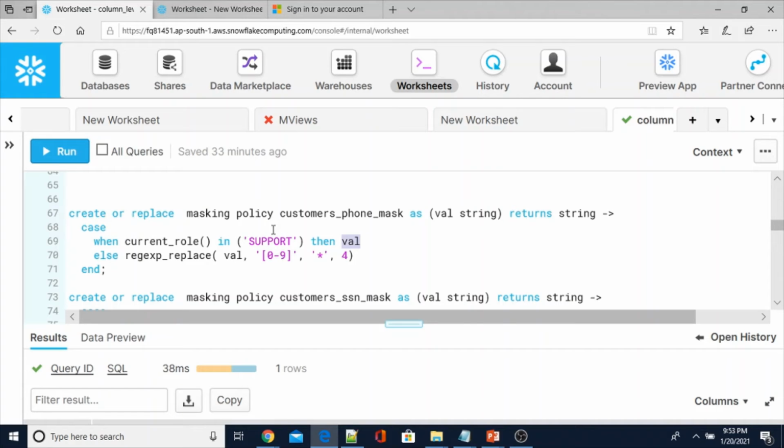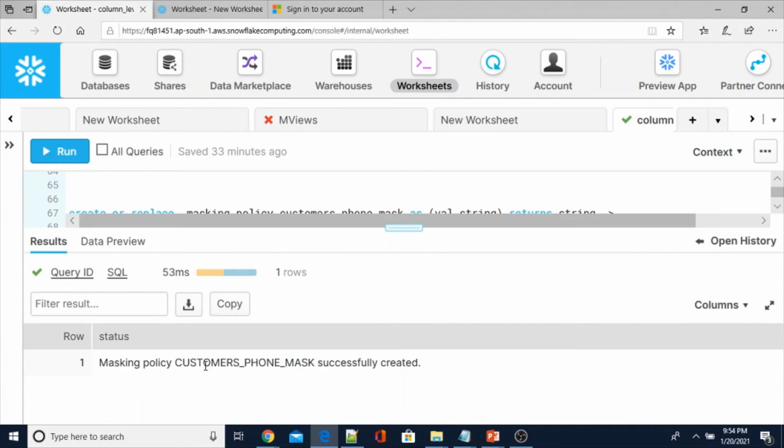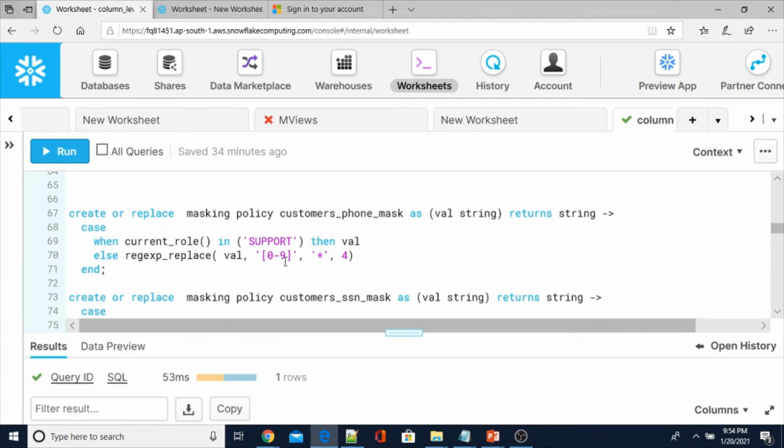So let me create a masking policy named customer_phone_mask, because here I mentioned the phone, and I am going to apply this masking policy onto the phone column from any one of the tables. Masking policy customers_phone_mask is successfully created.